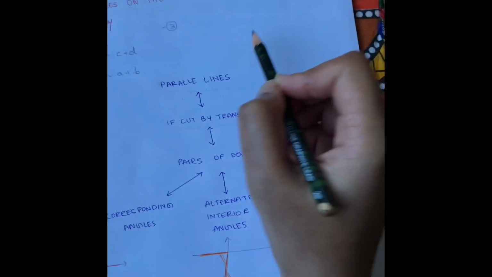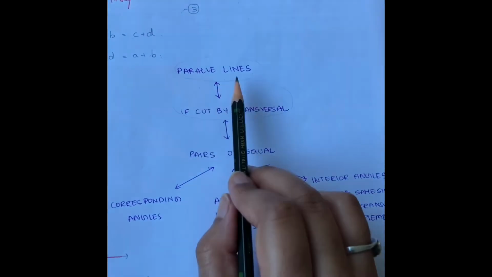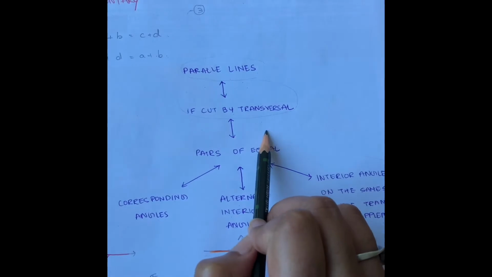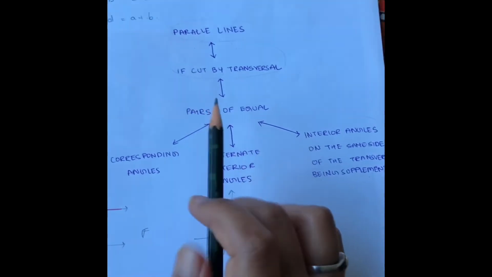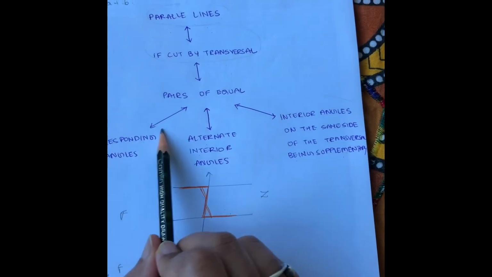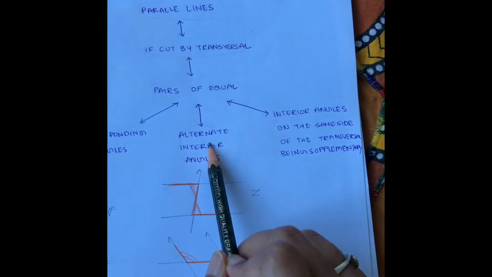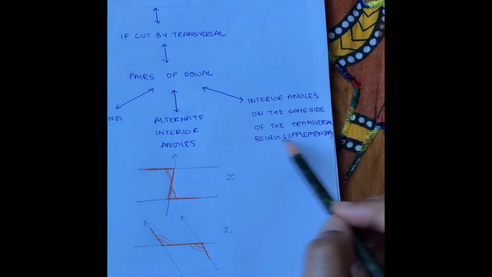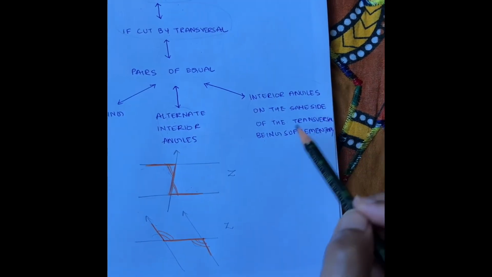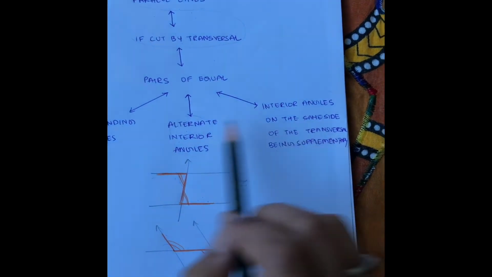That is, we studied that if two parallel lines are cut by a transversal line, then there are corresponding angles which are equal, alternate interior angles which are equal, and interior angles on the same side of the transversal are supplementary, which means